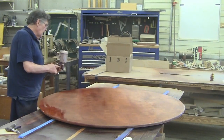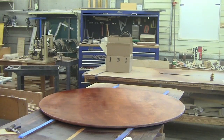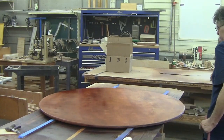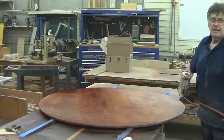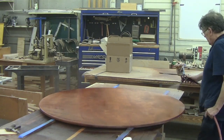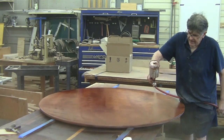Now, unlike if I was dyeing raw wood, I don't have to get in a crazy super hurry. Matter of fact, I want to take my time just a little bit and let it bite in to that sanding sealer a little bit. And then